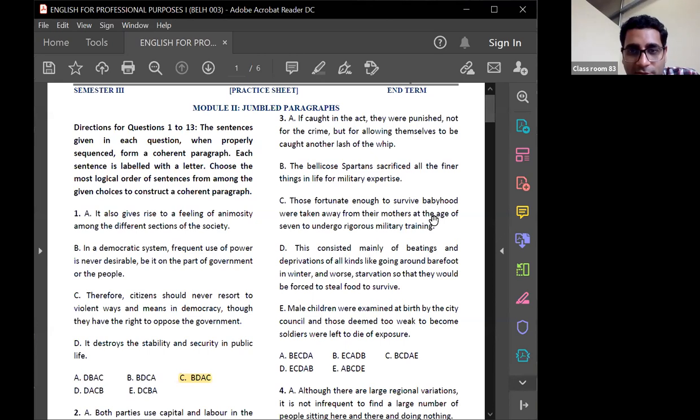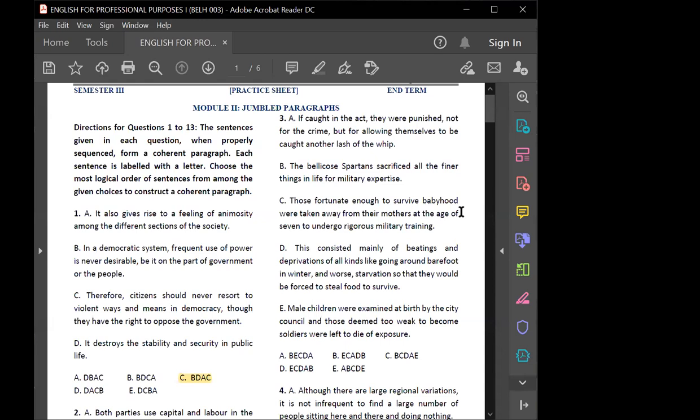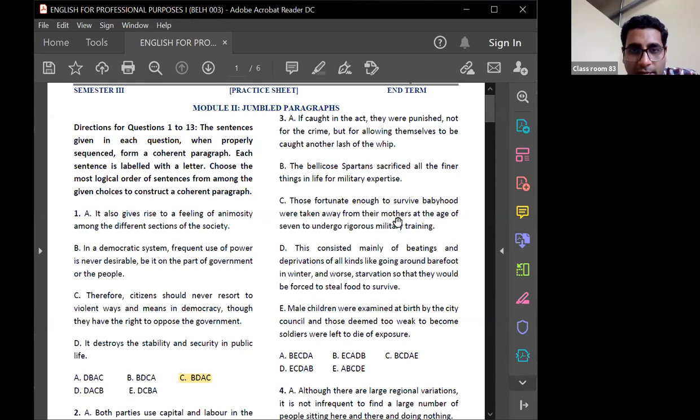I was saying that the rigorous military training involved a lot of interesting things, like when the child was left in a very difficult situation. It's a very good movie. You can definitely watch it, it's a very interesting one. Okay, so C would go. Absolutely, it will go. I'm sorry, I'm deviating because I am remembering all those things. So C is there, and then what's next, Akshay?